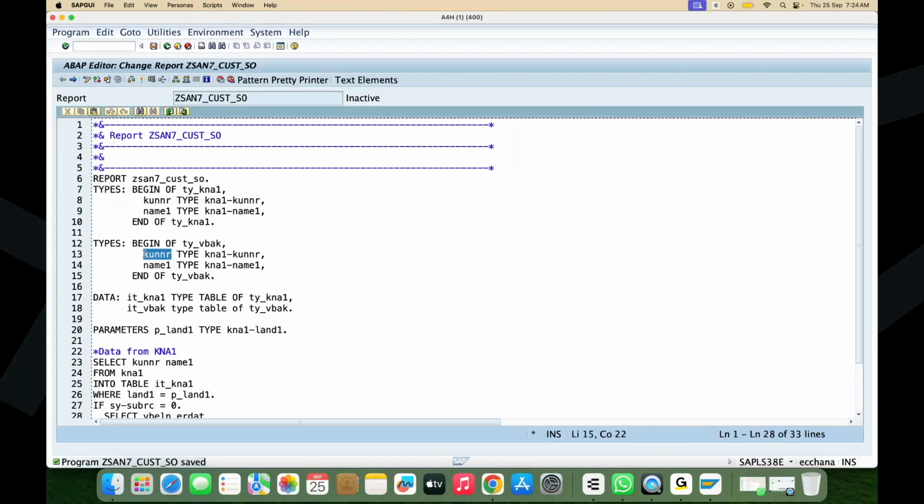So what fields do we need? We need VBELN. This is from VBAK hyphen VBELN, and ERDAT. This is from VBAK hyphen ERDAT. So pretty print, save,